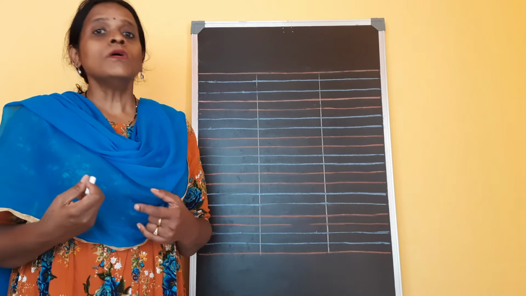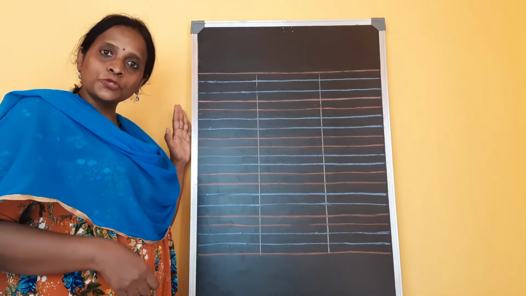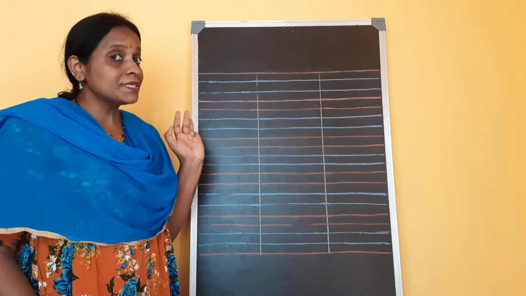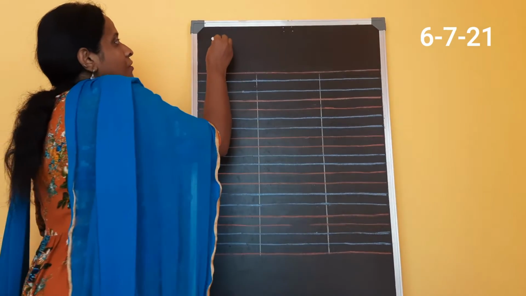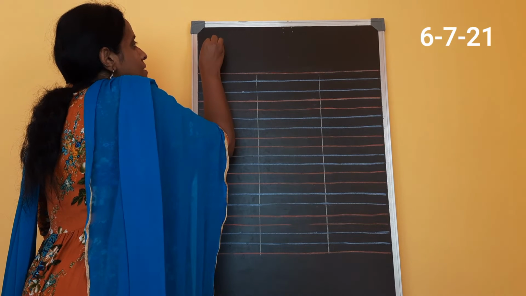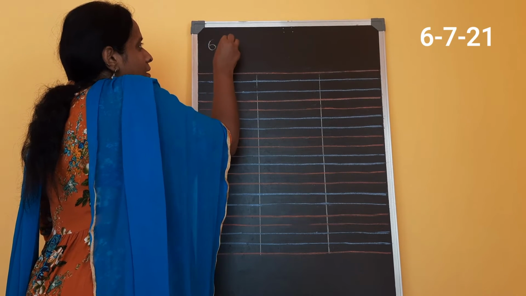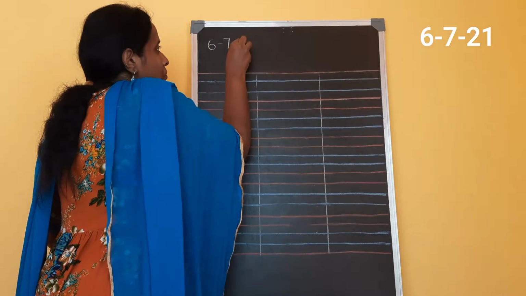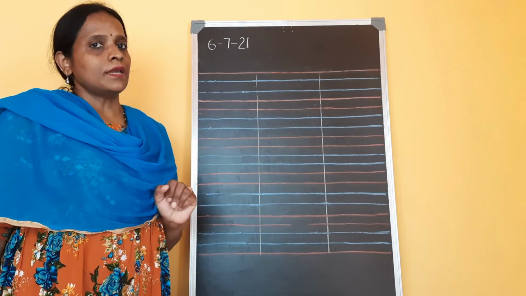Yes, children. Now we will start writing. For that, you need to take a fresh page and draw 2 lines like this. What is the first thing we do, children? Writing date. Very good. What is today's date? Yes, it is 6, small sleeping line, 7, small sleeping line, 2, 1. Right? After writing the date, we need to write the heading.